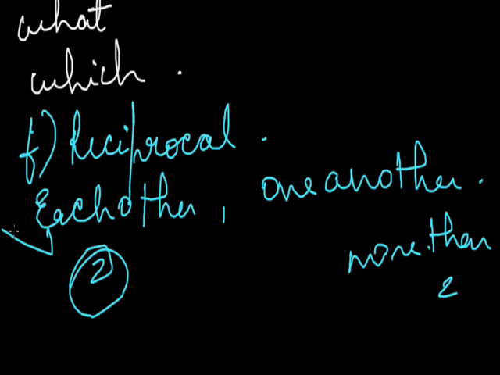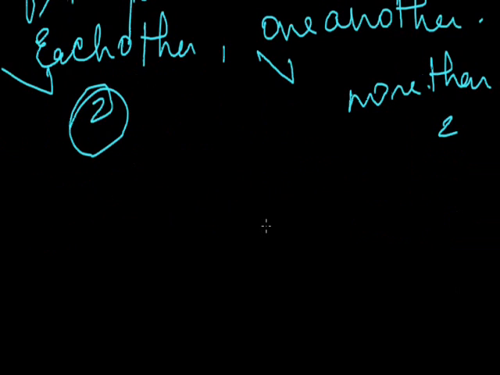Giving you an example of each other: Jack and Jill loved each other. And an example of one another: the people of India love one another, because here you are talking about more than two persons, and in the previous sentence I talked about two persons. Next is